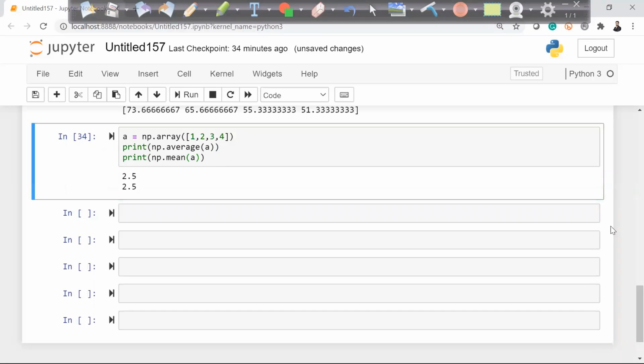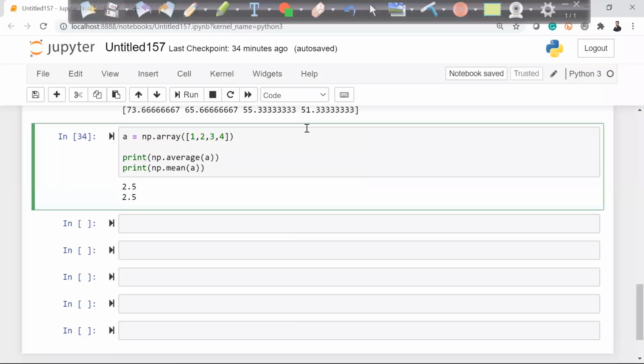Now what is the use of this average, why was it created? Let's say I am creating one more thing, weights, np dot array, and I'm giving some weights to it, 4 3 2 1.